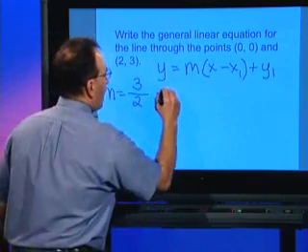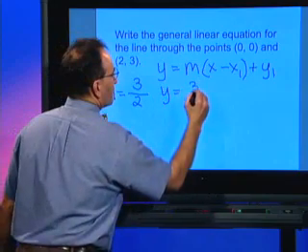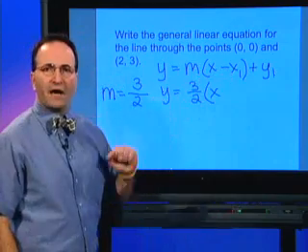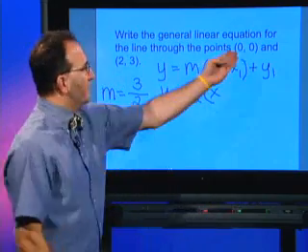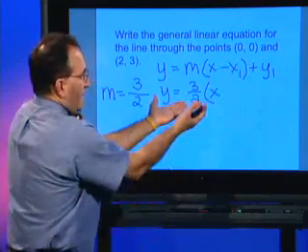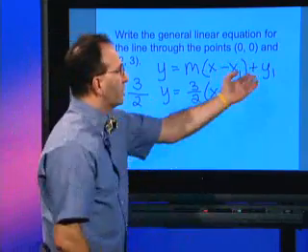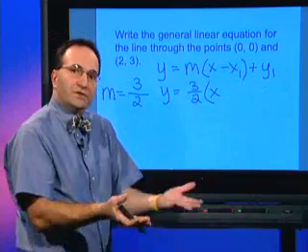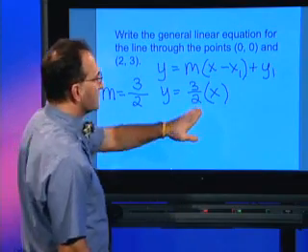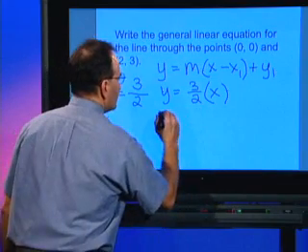So now we have y equals 3/2 x. And now we need to subtract off a point. Well, of course, the easiest thing to do would be to take the point 0, comma 0, because then it's just x minus 0, which is x, plus y sub 1, which is 0, so plus 0. So this is our equation, but this is in slope-intercept form, and we were asked to find it in the general form. And what that means is I need to first multiply both sides by 2,